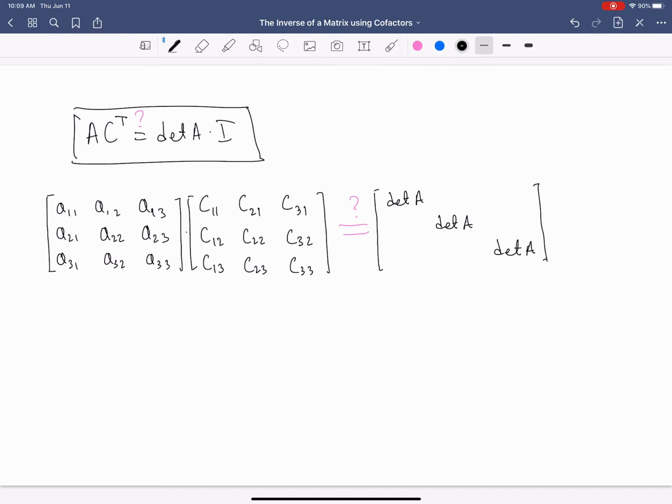So that's very important. What we get is, so first column, I have A11, C11, plus A12, C12, plus A13, C13. If I had not transposed the cofactor matrix, then I would not be having the same indices. But that's exactly what I want to have. And yesterday, when we talked about cofactors, we demonstrated that this sum gives us exactly the determinant of A. So this would correspond to expansion along the first